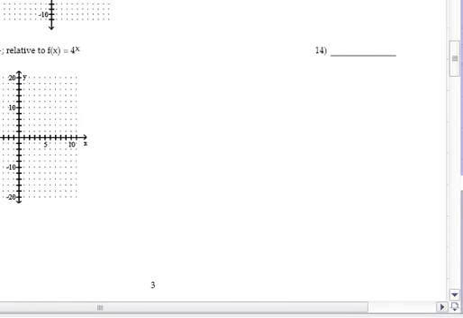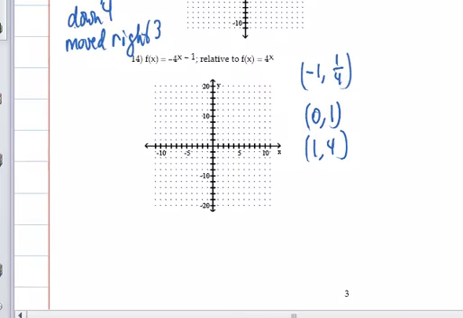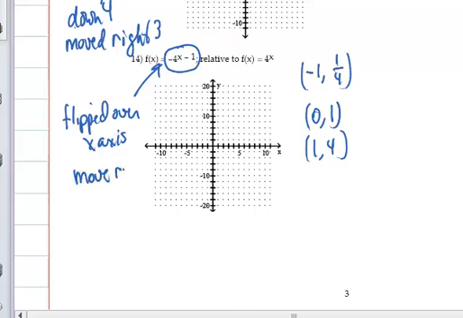Where on our next graph we have the function 4 to the x, which has the 3 basic points of negative 1 comma 1/4, 0 comma 1, and 1 comma 4. And relative to that graph, this graph will be flipped over the x-axis, and it will move right 1 unit,